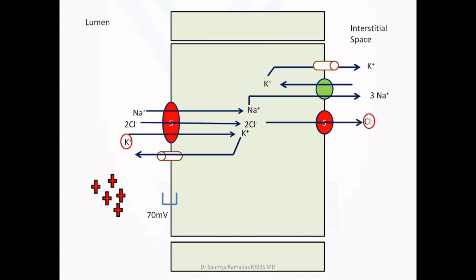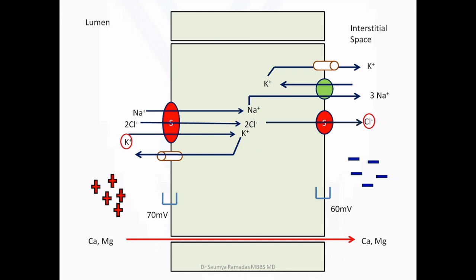The movement of negatively charged chloride into the interstitial space makes the basolateral membrane depolarized and the interstitial space becomes negatively charged. You can note that there is a potential difference of 10 millivolts between the apical membrane and the basolateral membrane. That is, the basolateral membrane is less negative compared to that of the apical membrane. The positively charged ions like calcium and magnesium are repelled in the lumen because of the positive charge in the lumen, and this calcium and magnesium are absorbed into the interstitial space via the paracellular pathway.